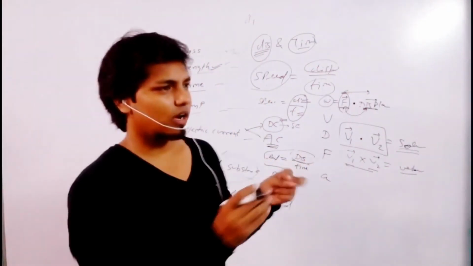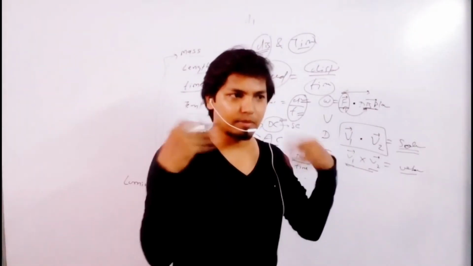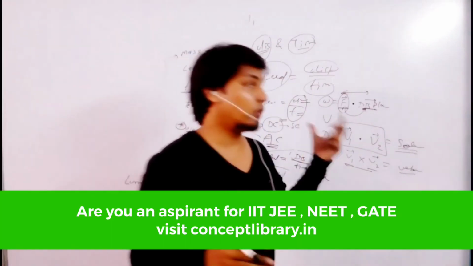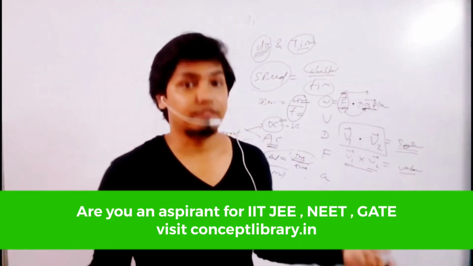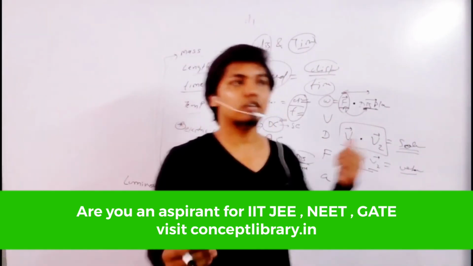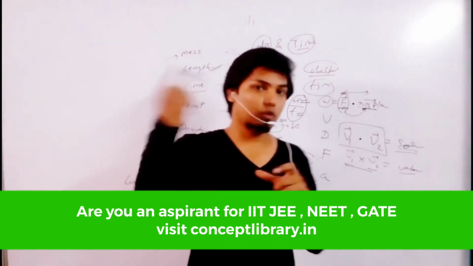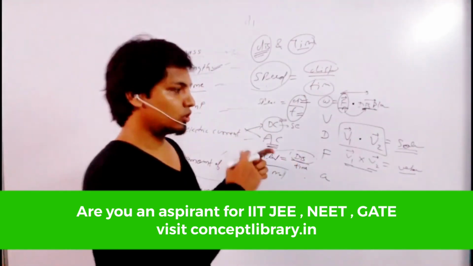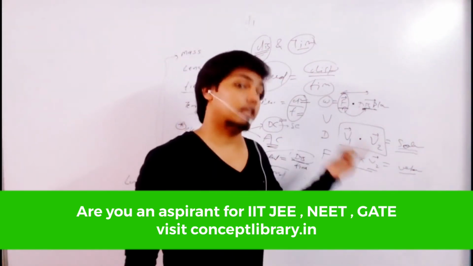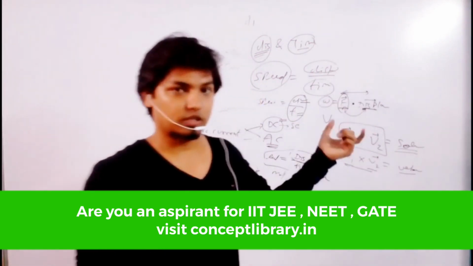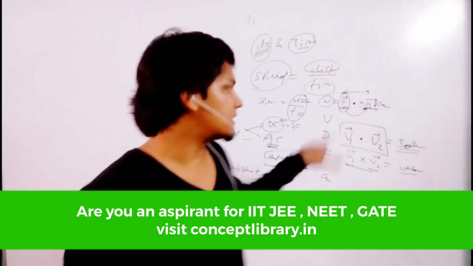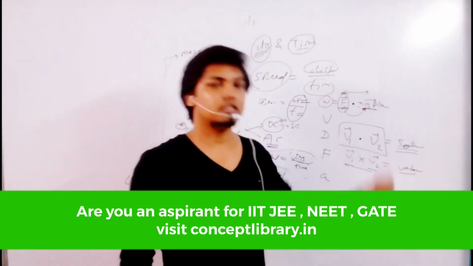So actually we have two ways to look at a quantity. If the quantity is small and well known, you can easily guess by memorizing, okay, this is a vector quantity, this is a scalar quantity. And if you have a lengthy, unknown quantity, like magnetic field or electric field, then you have to see the formula. Go to the proper formula of the magnetic field and see whether they are using one vector quantity or more than one. If more than one, then see whether they are using a cross product or a dot product. If they are using a dot product between the quantities, the answer is scalar. If they are using a cross product, the answer is a vector quantity.